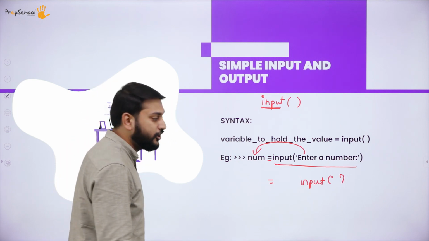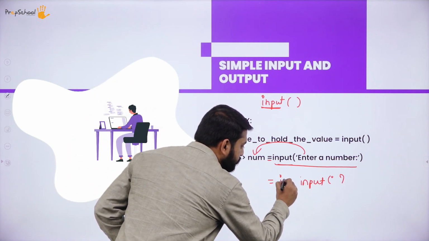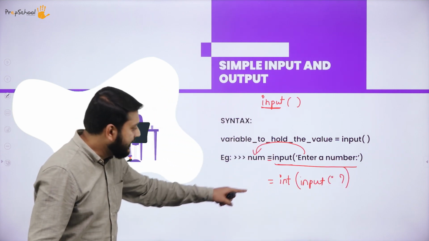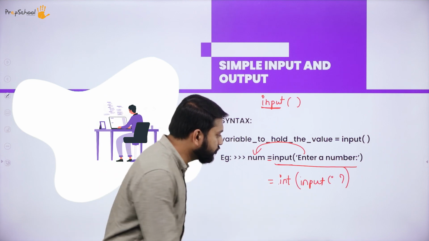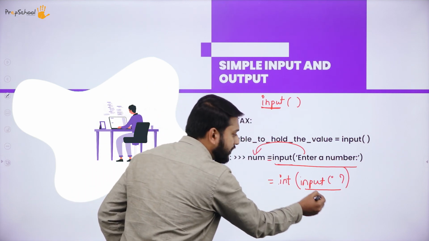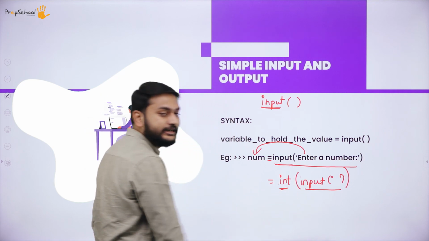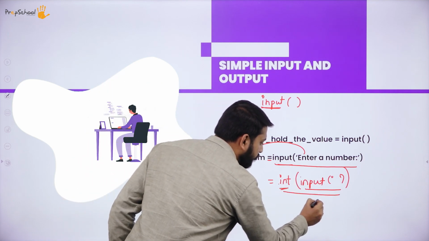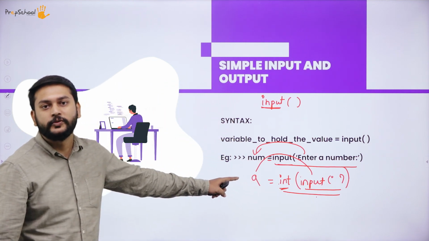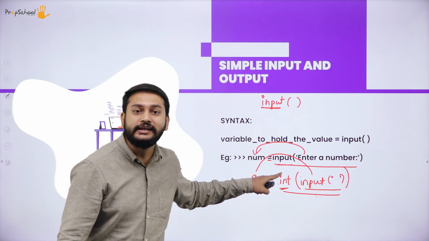Then you have to use one more function, that is int. Inside this int function, you use the input function. Whatever value I have here will be converted into an integer data type, and then the whole value will be assigned to the variable you are using here. This is how you read an integer value.